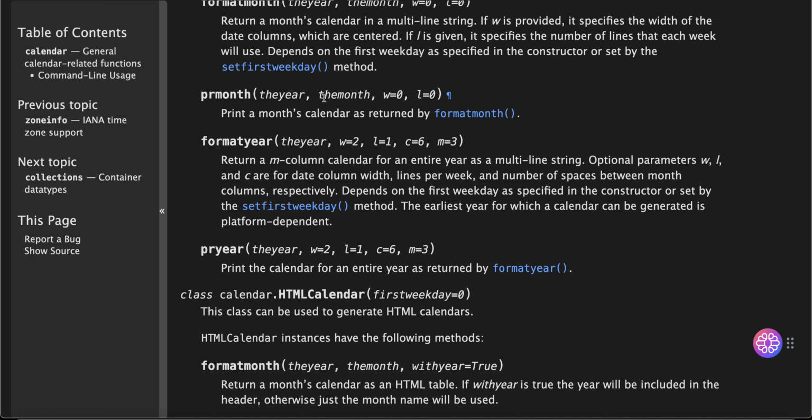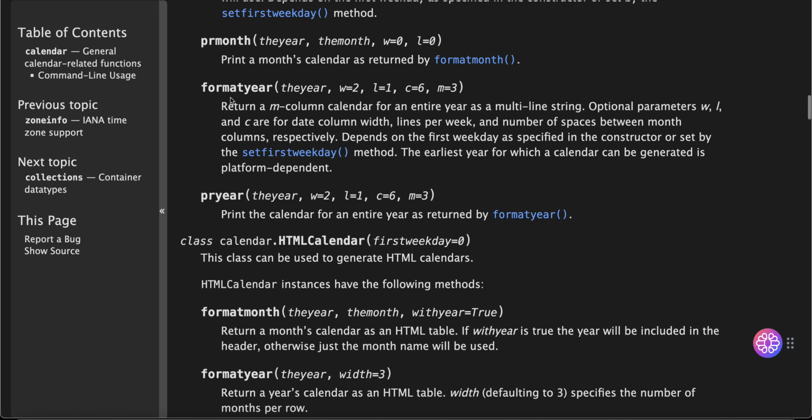prmonth(theyear, themonth, w=0, l=0): Print a month's calendar as returned by formatmonth. formatyear(theyear, w=2, l=1, c=6, m=3):